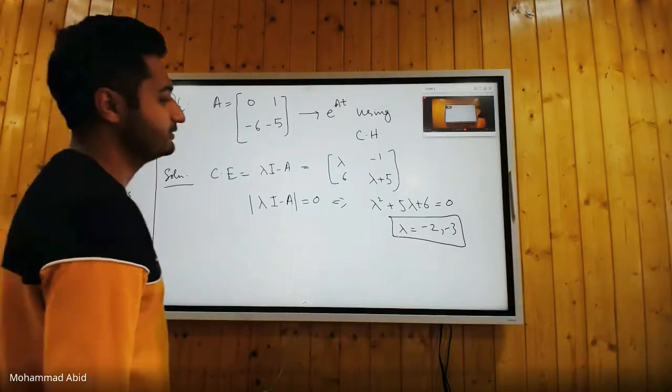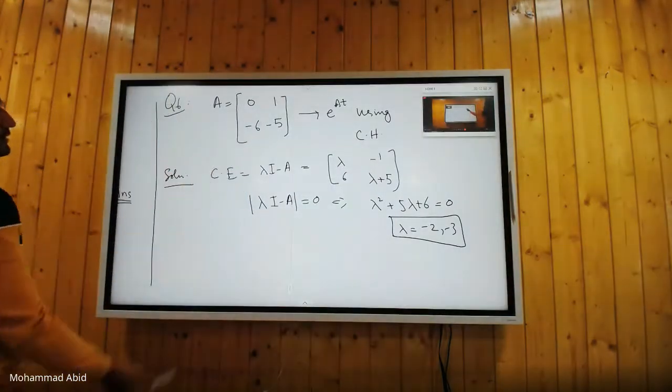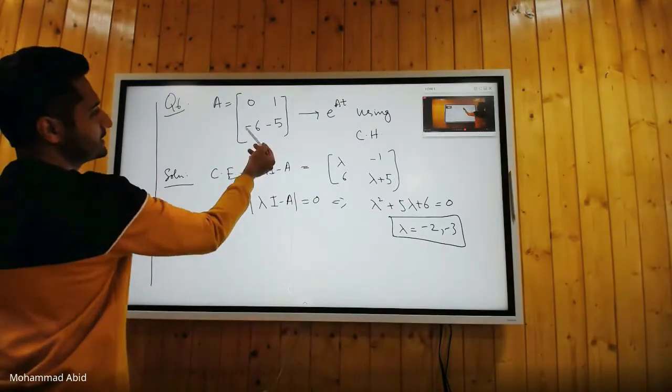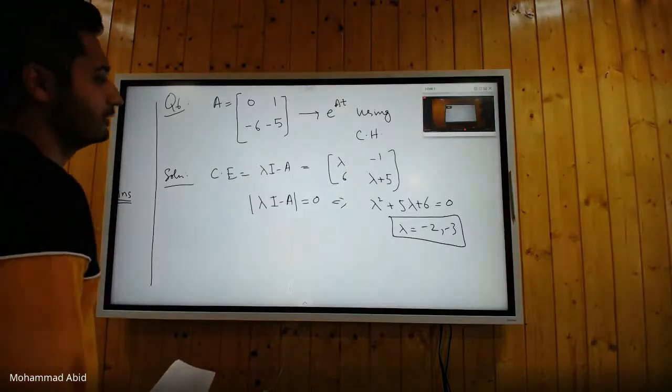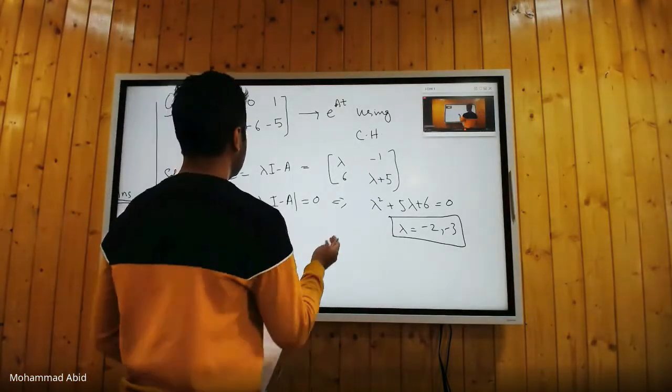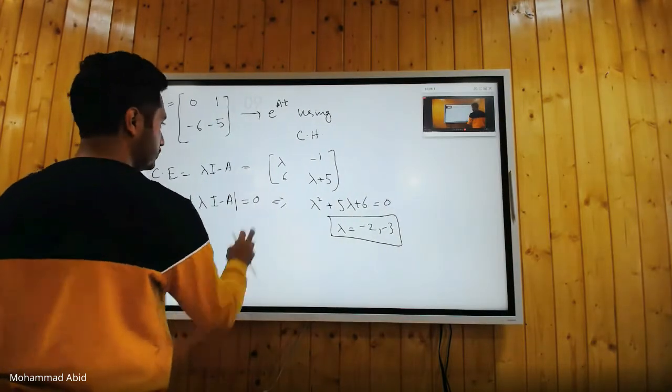And remember the fact I told you: product of eigenvalues equals the determinant. What is the determinant of this matrix? Determinant is 6. That's the product of these two. Okay. So I have found the eigenvalues, and I have to use this information to obtain e to the power At